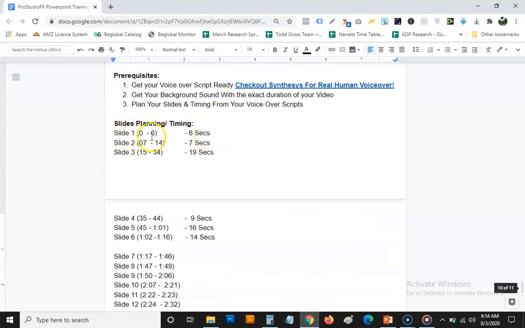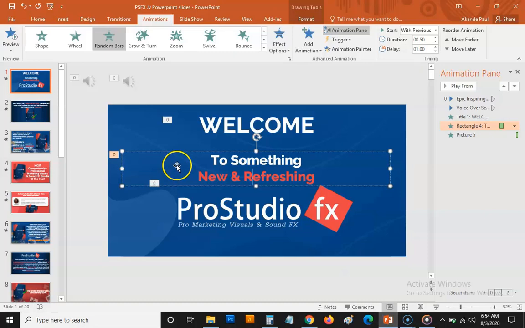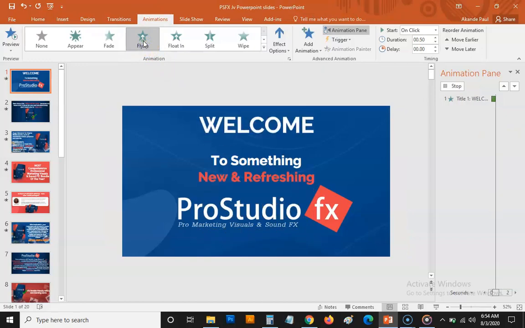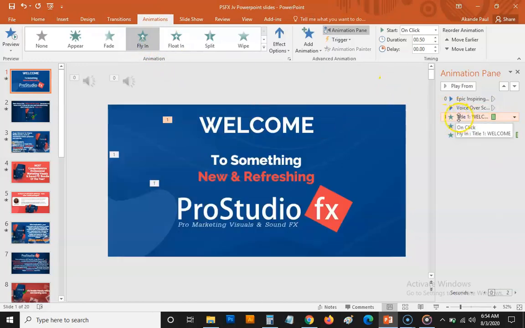But don't forget the first slide, it depends on how you've planned it. In this case, slide number 1 is just going to be a 6-second slide, so that means your animation cannot be more than 6 seconds. Anything you do here, you just come in. In this case, I gave the welcome text a flying animation, and then you can just come here, apply. This will be with previous,